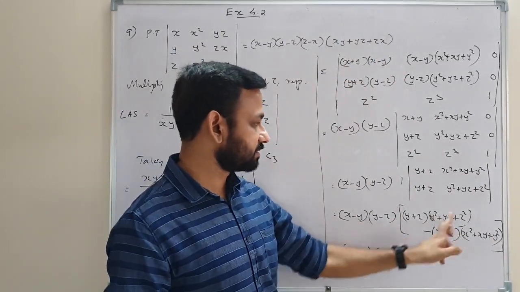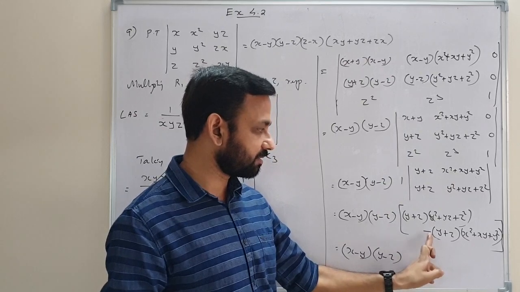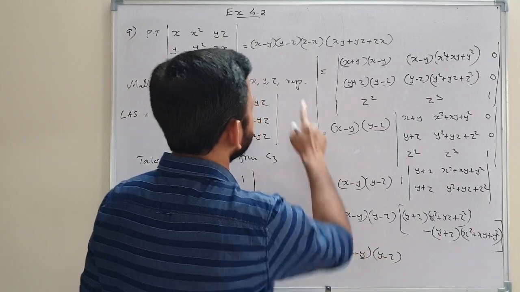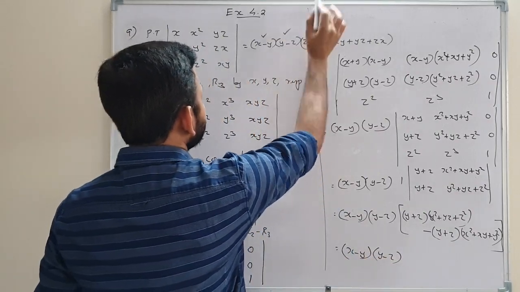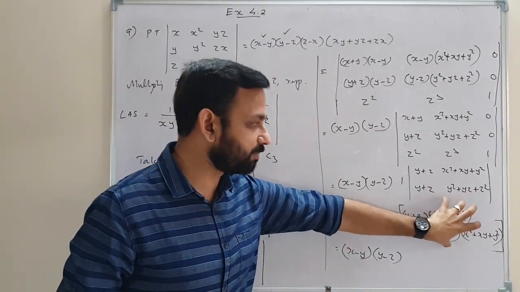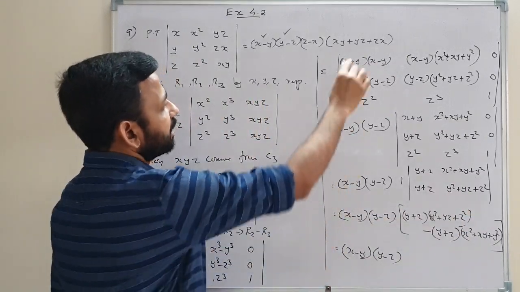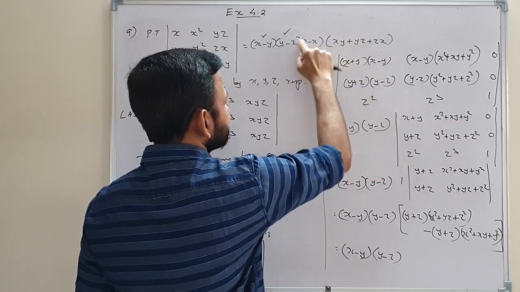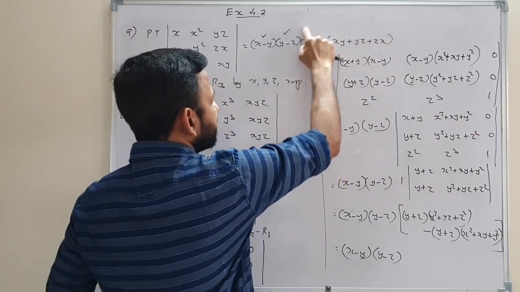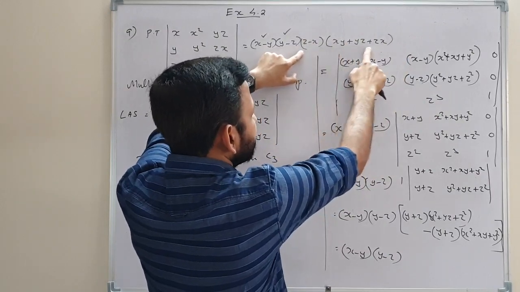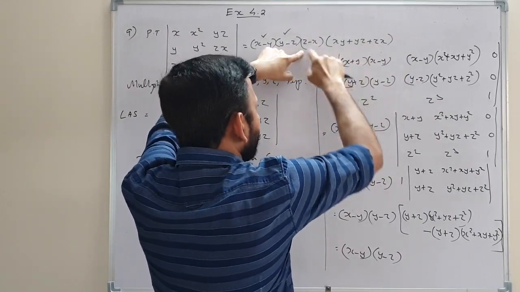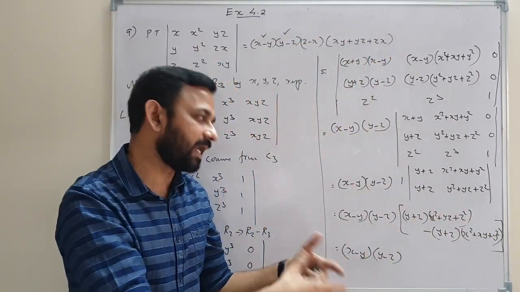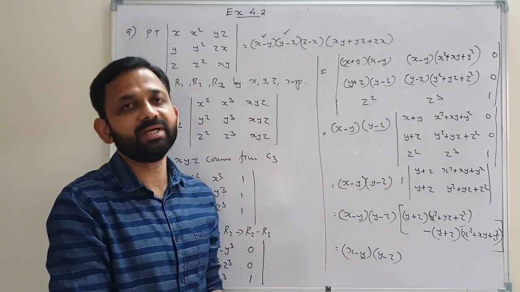Find the product, then here also, one negative sign is there, open the bracket, and here we have (x minus y) into (y minus z). (x minus y) into (y minus z) we already got, and here you simplify this expression, then you take this part, (z minus x) into this one. Just open the bracket here, only this part, (z minus x) into (xy plus yz plus zx), multiply, open the bracket here, you will get one result, simplify this one, you will get another result, compare, both the results will be same.